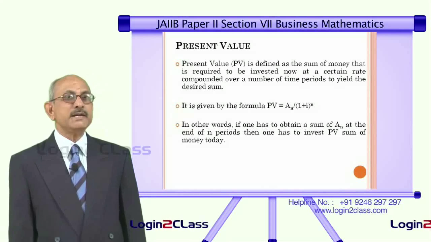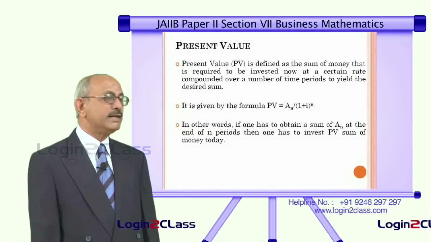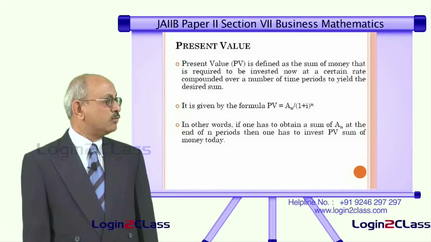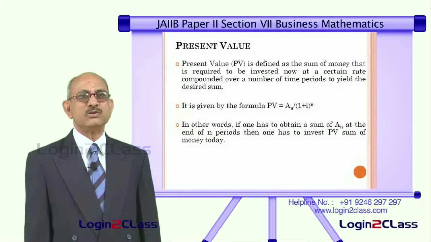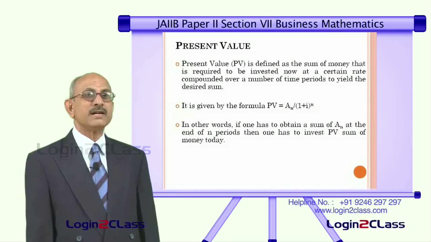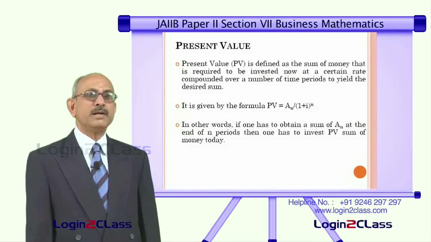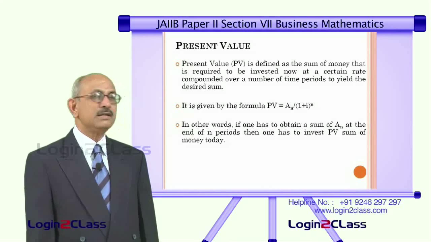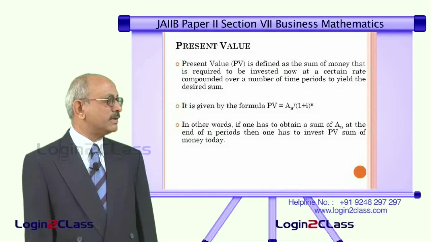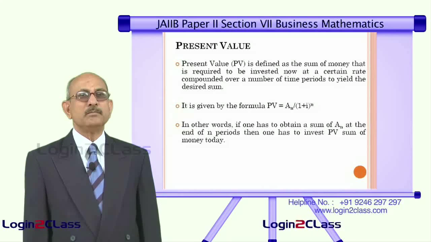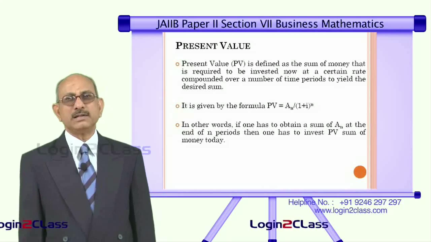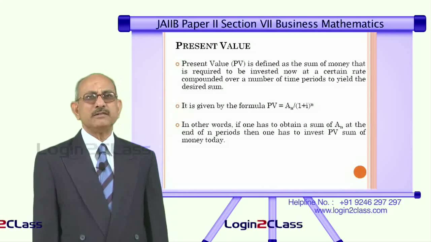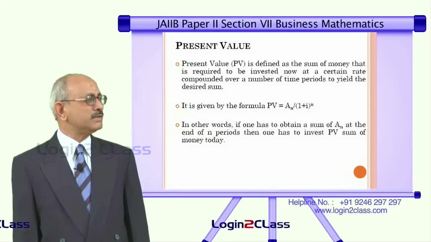An is what? An is the amount of money which you are likely to get in future. So, that is termed as the future value of money, and 1 divided by (1 plus I) raised to n is known as the discounting factor. So, if you are able to multiply the future value of money with the discounting factor, you arrive at what is known as the present value. So, what you have to remember is present value is given by multiplication of the future value of money with the corresponding discounting factor. Corresponding discounting factor will be equivalent to 1 divided by (1 plus I) raised to n,